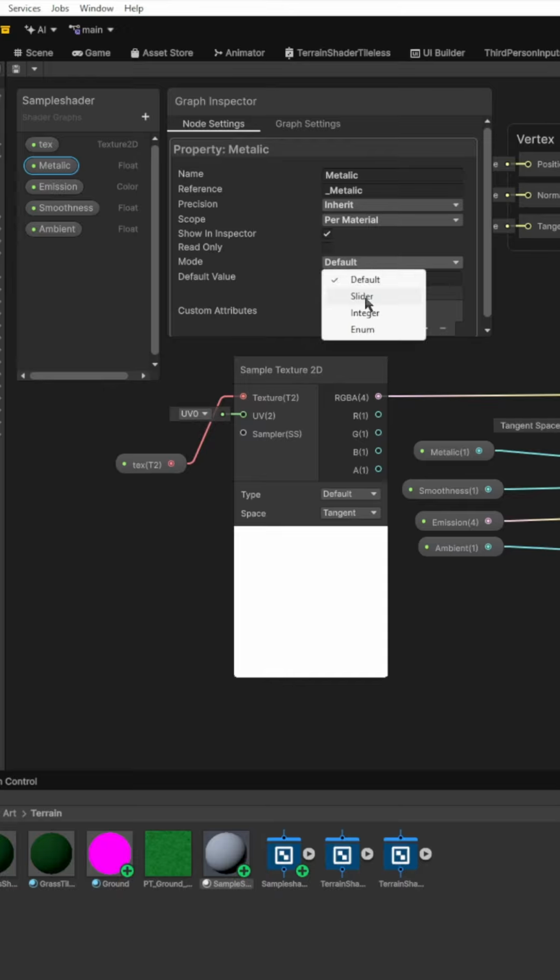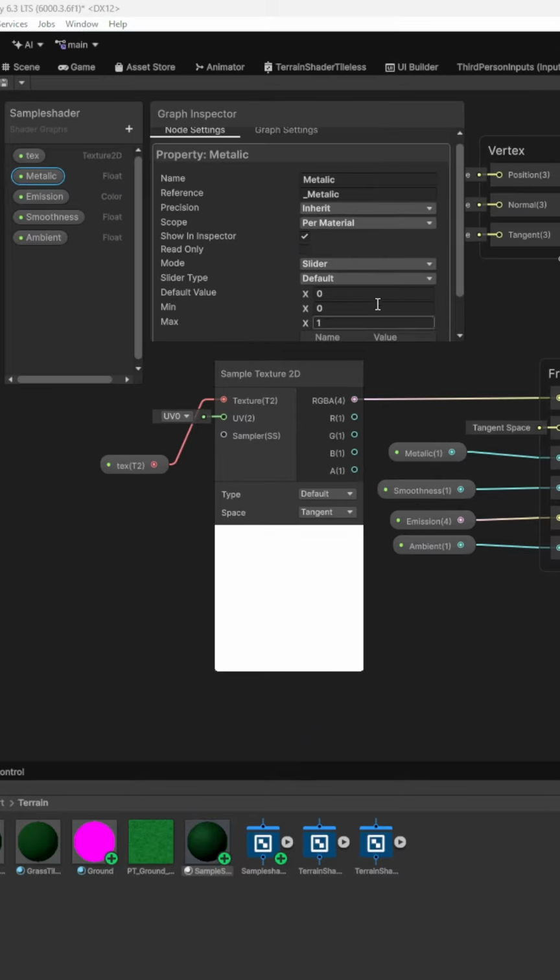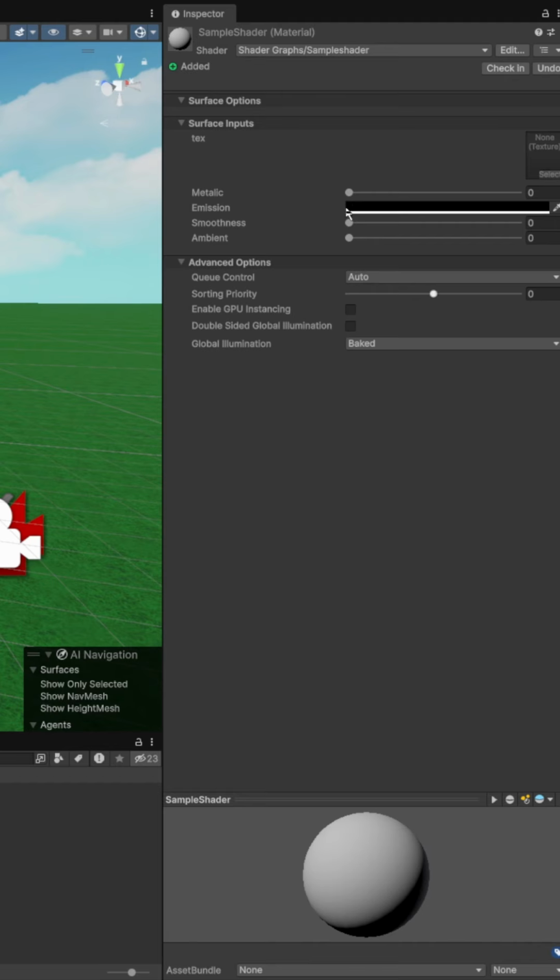Instead of default mode, you can change it to slider, and you can adjust the minimum and maximum values for the slider. For metallic, smoothness, and ambient, they all need to be between 0 and 1, so you can leave that default as is. Now in the inspector, you can see that all of the values are slidable and go